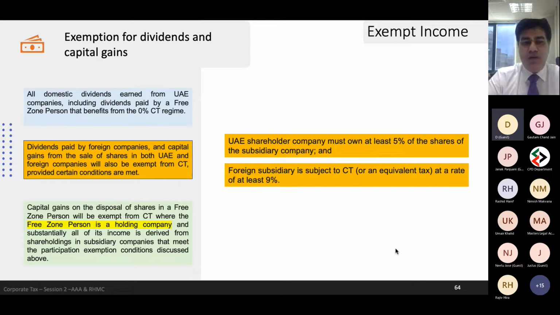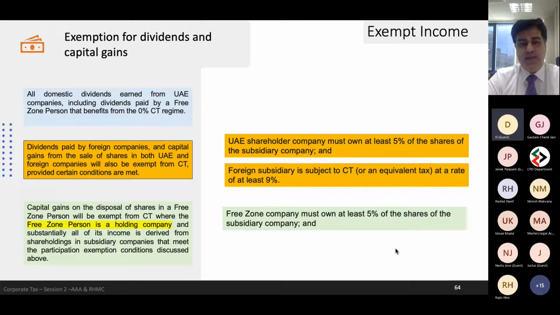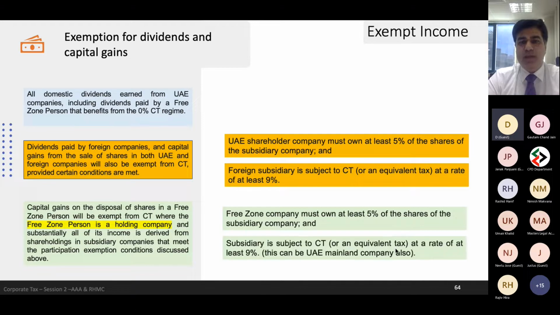So if you are a free zone company, that means free zone is a holding company, and you have a company in the mainland, then free zone company must own at least 5% of its share in the subsidiary company. That's the first condition which you saw in the previous example also. And second is, since the company is on a mainland, it is anyway subjected to 9% tax. So if it is subjected to 9% tax, then any income earned or received by a free zone company in